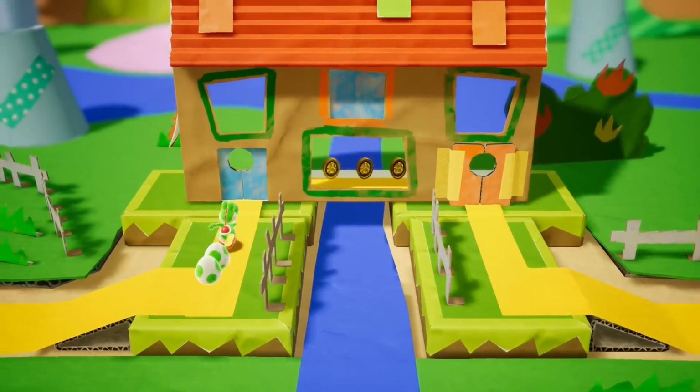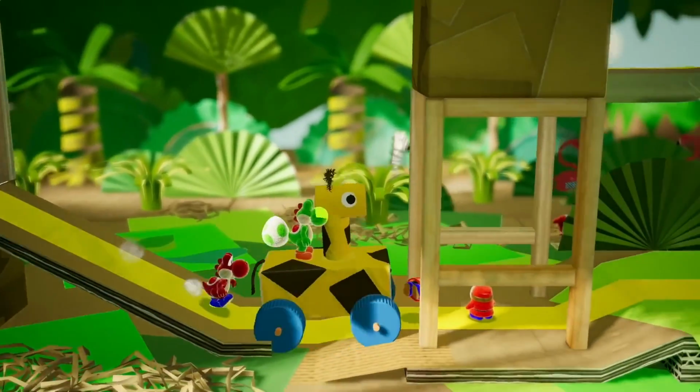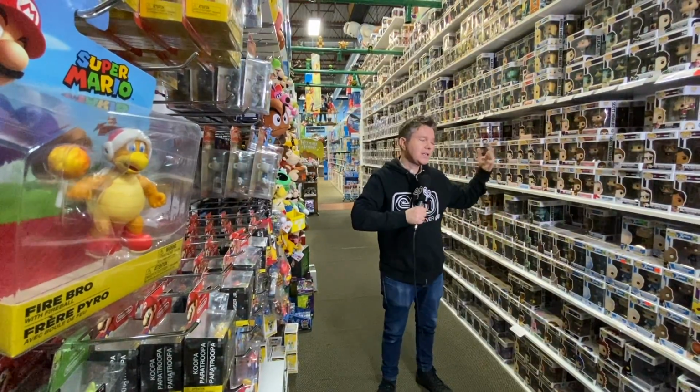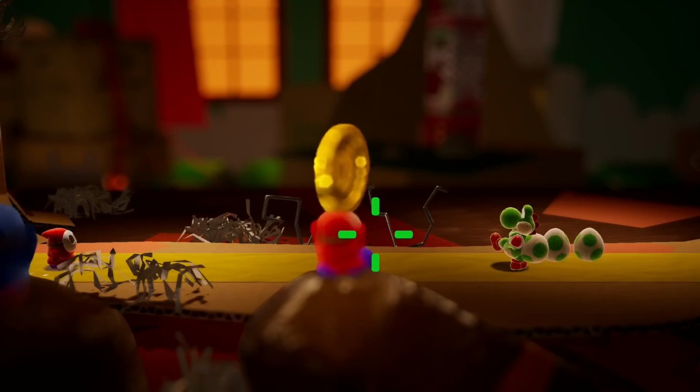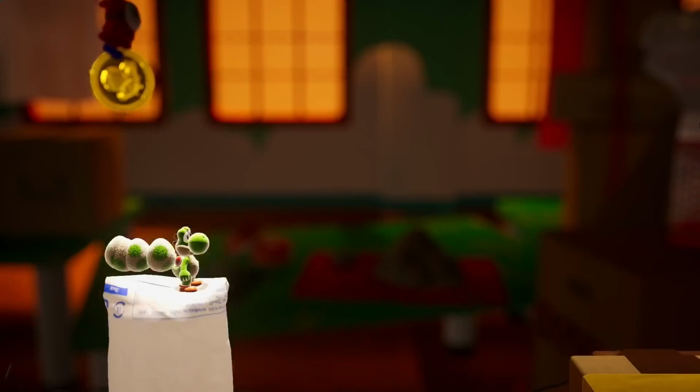One of them is Yoshi's Crafted World, which came out a little bit earlier in the year. I think it's been a little less discussed than I am comfortable with, because it's a wonderful game. I gave it a 10 out of 10 when I reviewed it. Part of that decision was because I played it with my daughter. So if we're talking about a game that is going to be family friendly and you're going to be able to play with young kids, Yoshi's Crafted World definitely fits the bill, but there's so much incredible imagination in the